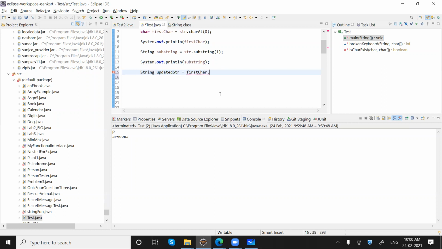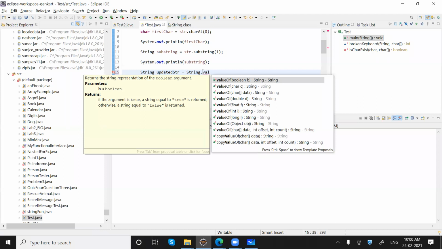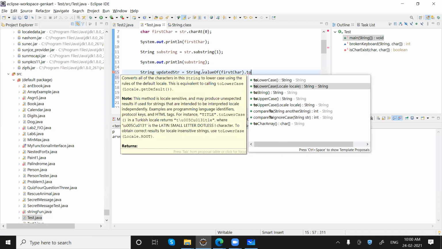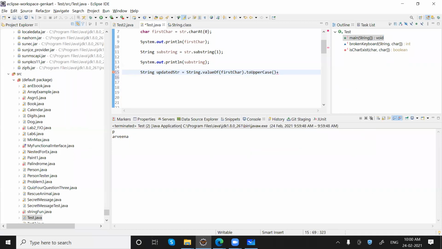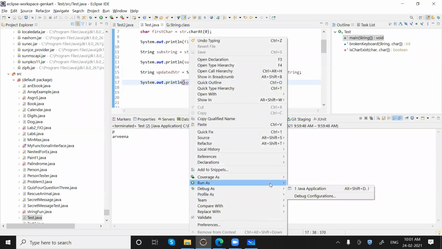What we need to do is, first we need to convert that particular character into a string. How can we do that? String dot, there is a method called valueOf, and if we pass that character here, it will be converted into a string. Then we can say toUpperCase. Then we can add the substring. It will form a new string. Let's print that. Getting my point?